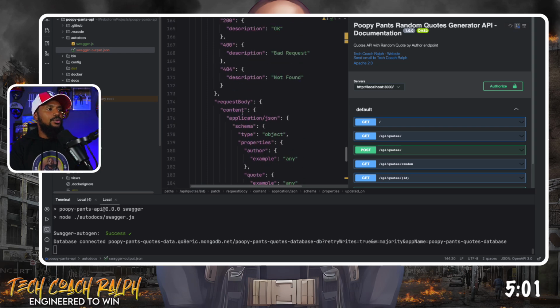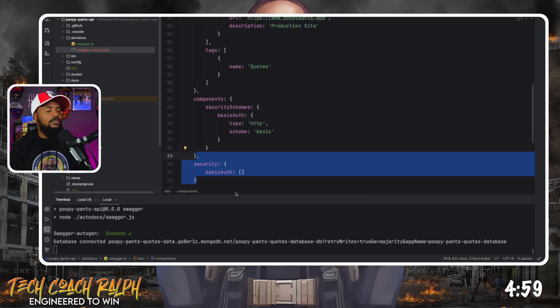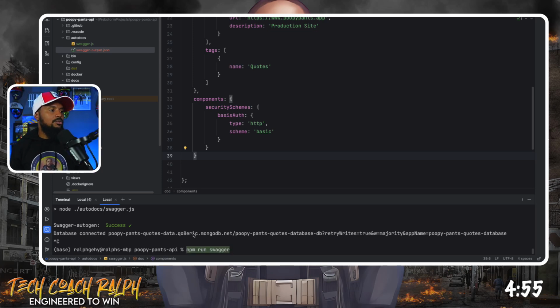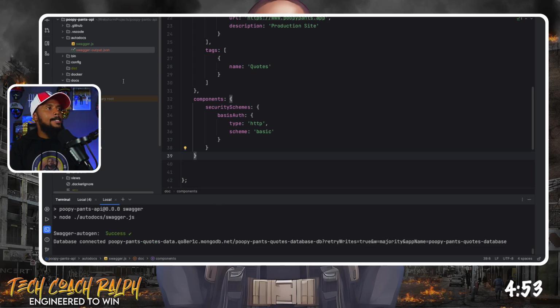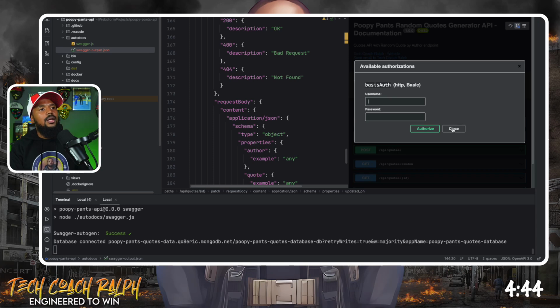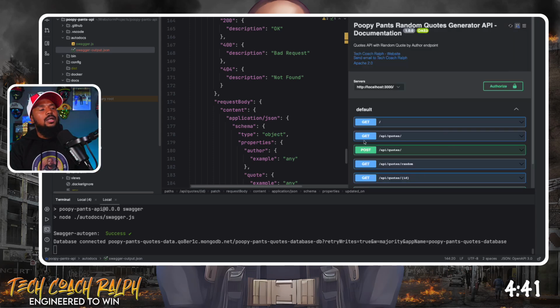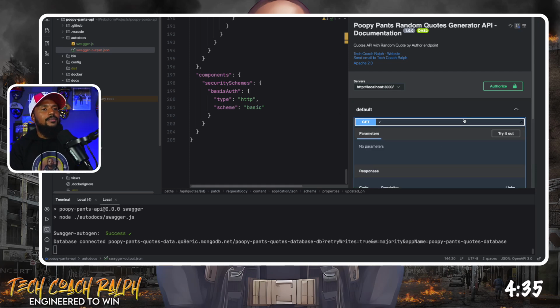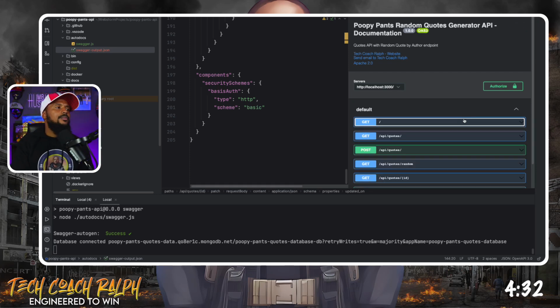So we're going to remove this for now. And if we stop this and we run it again, and we go over here and we reload that, we shouldn't have. Okay, so I guess we do, but this didn't really matter. Okay. So now